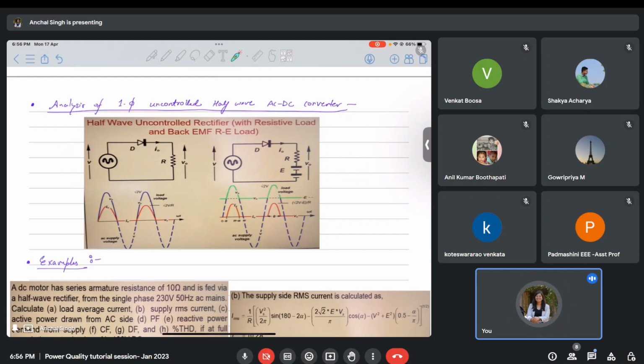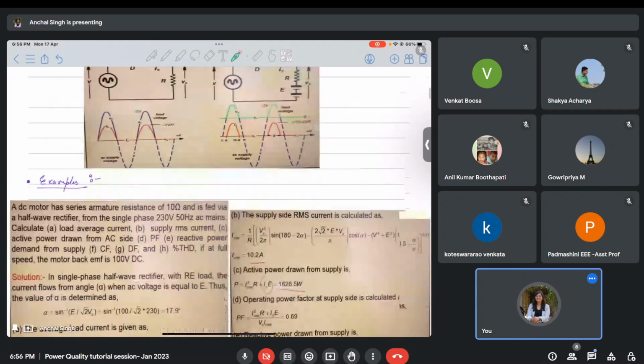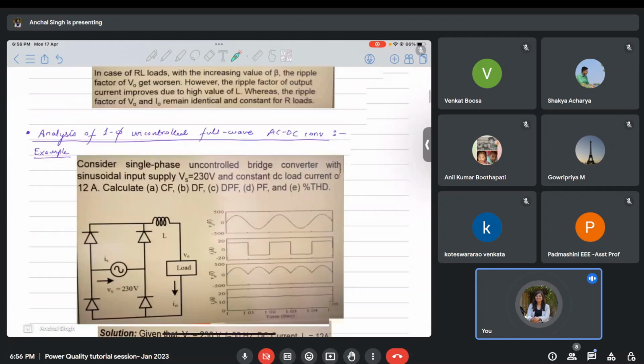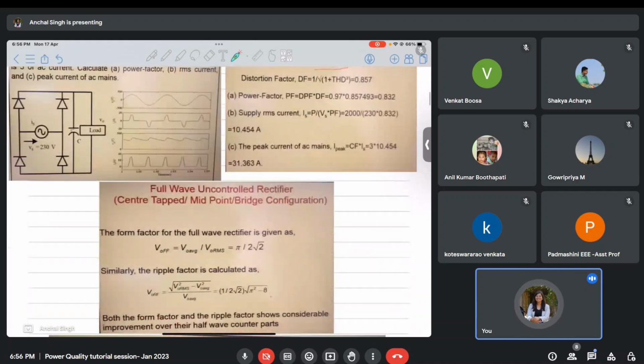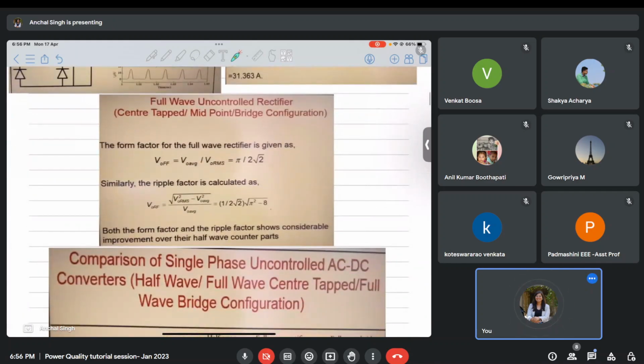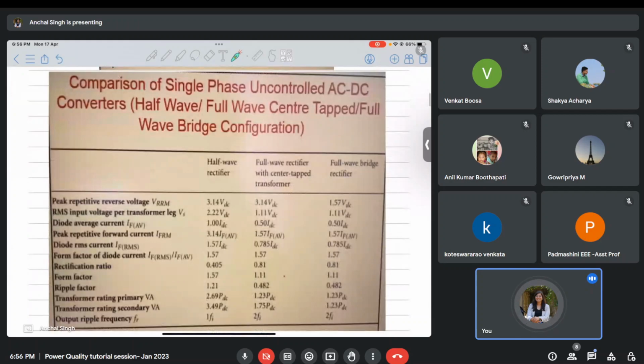Then we can use the waveforms for doing Fourier analysis, and from that we can calculate the harmonic components of these voltages, right? So these are a few examples of how to do the analysis of any kind of AC to DC converter. Then sir talked about a few numerical examples, and the basic principles involved in all these numerical examples we have already discussed. The standard definition of ripple factor, all these things, these are just formulas. So I don't feel any need of discussing them.